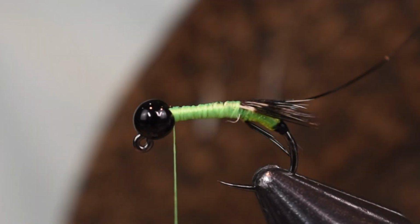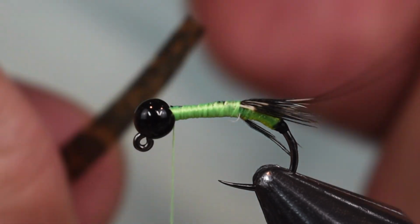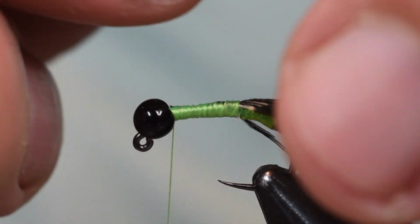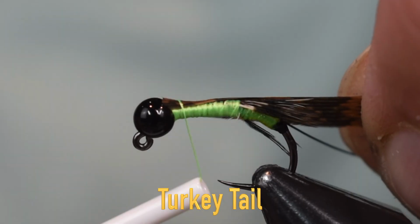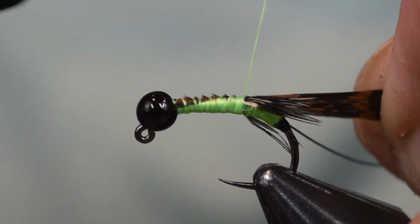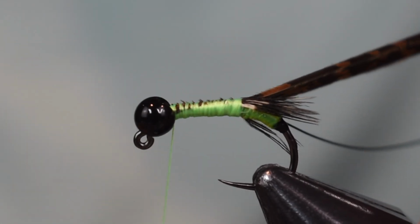turkey tail. Just using a big old turkey tail, cutting off about, I don't know, 10 fibers of it. And then I'm just going to trim the end off so I have something to tie down. When I tie it down, I'm going to tie it down with the top of the feather onto the body. So top side gets tied down, so when it wraps, it wraps with the top side up. Wrap that back to those legs again, then come up to your head,